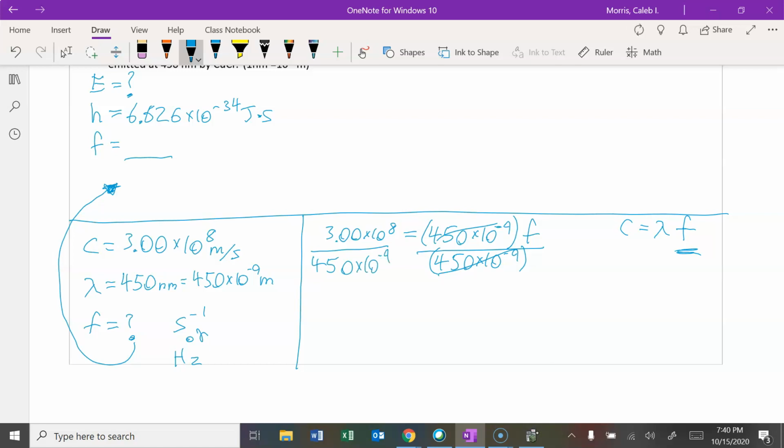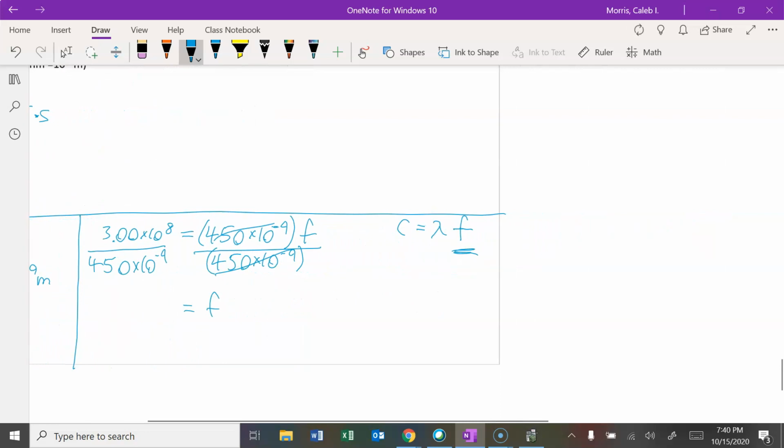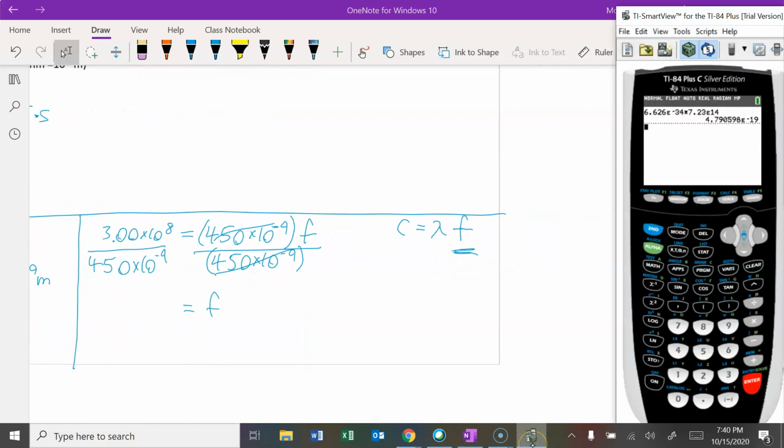Just doing some algebra here. So f equals, when I put that in my calculator, 3.00 E 8 over 450 E negative 9, I get 6.67,